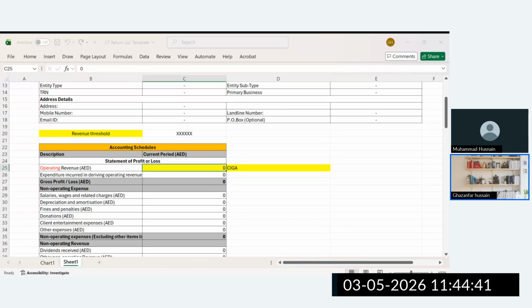Anyhow, currently, if you are getting the audited financial statement from a printing press, I'm using the word printing press. Why? Because you are giving the money and they're just giving the printing press. Why the printing press? Because they are not doing the proper activity as per IFRS guideline. So I'm not discouraging, I'm not saying somebody is doing a wrong thing. But what I'm trying to highlight is, we have to focus on how our financial statements are prepared.